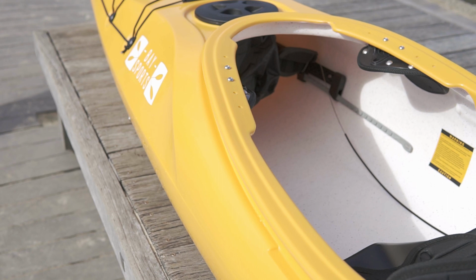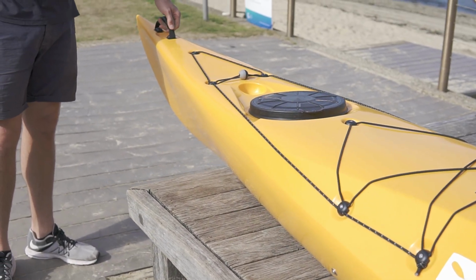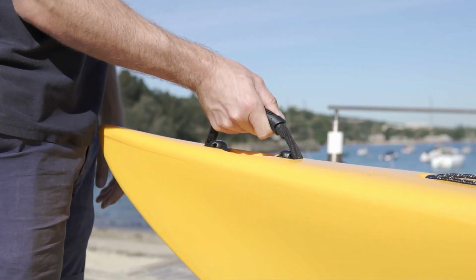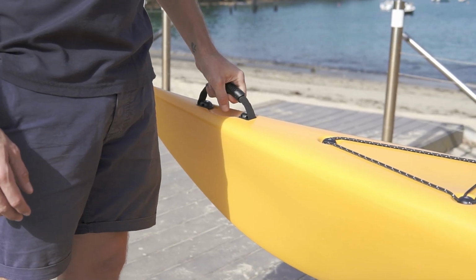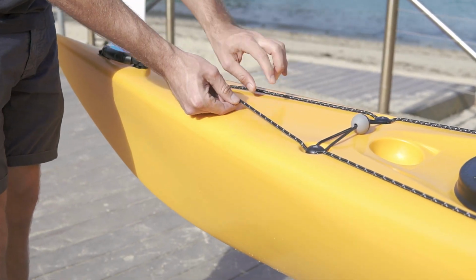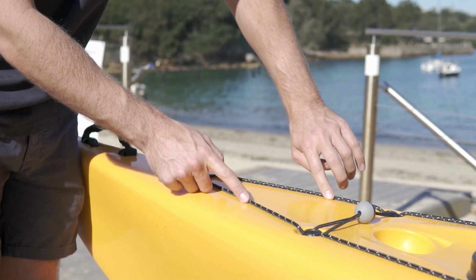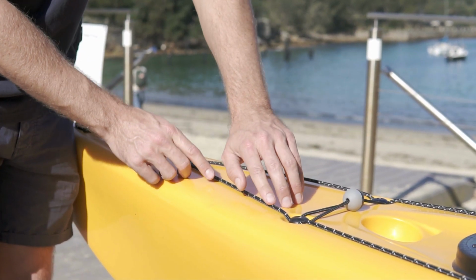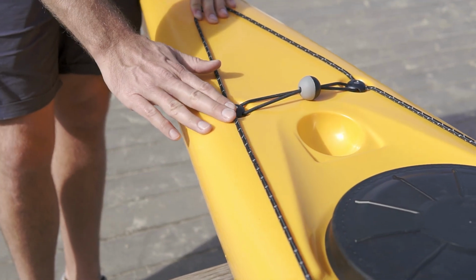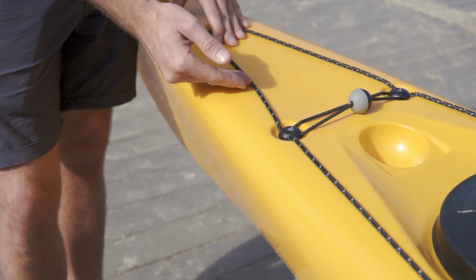So starting from the very front, you can see it's got a grab handle, which is a nylon material with a rubber handle for transportation. There's one at the front and one at the rear. Starting at the front, you also have some reflective deck perimeter lining that runs the whole way down the kayak. You can attach your dry bag and all sorts of gear to this, whilst it also provides some safety and visibility for you when boats at sunrise and sunset, their lights reflect on here so they can see you out